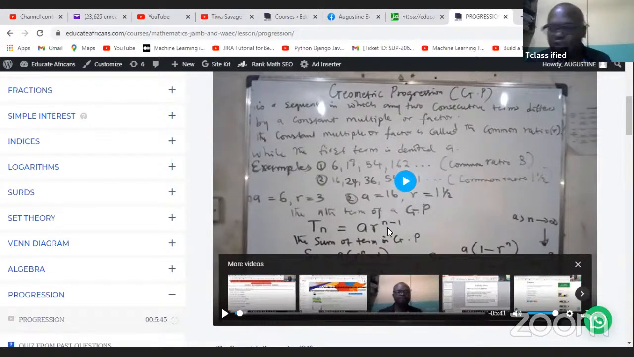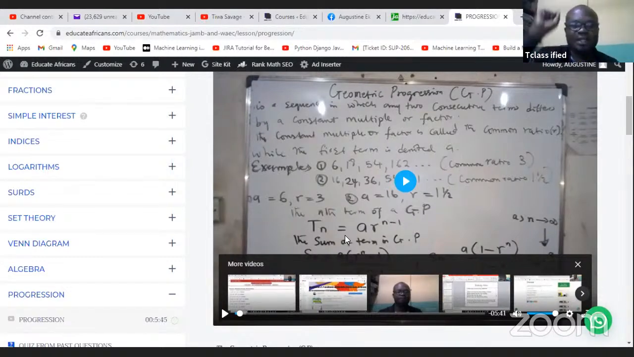Since you're considering the ninth term, the n here will be 9 and n here will be 9. A, which is the first term, you already know it is 6. R, which is the common ratio, you already know is 3. So you now put 9. 9 minus 1 is 8. Then you sort out, you get your nth term. So it's very simple. Now, apart from the nth term, there is another thing that is very important to solve,